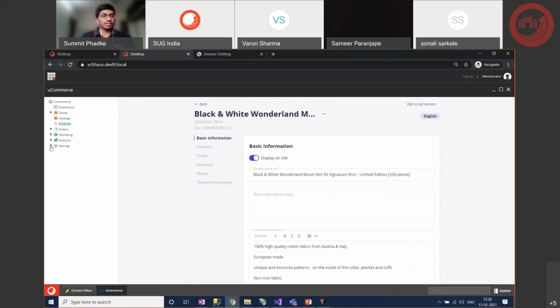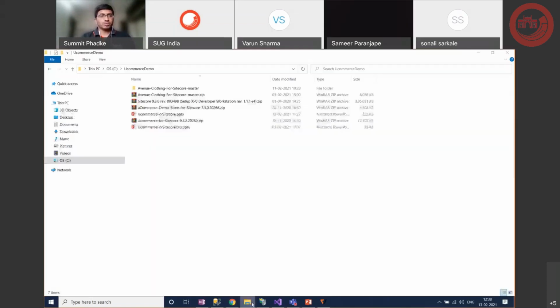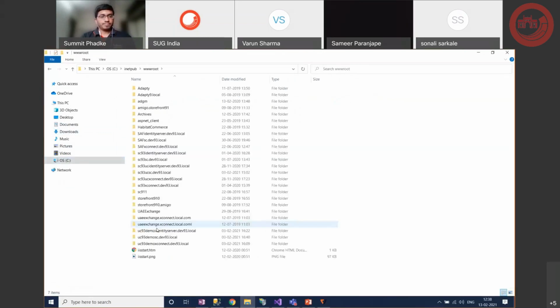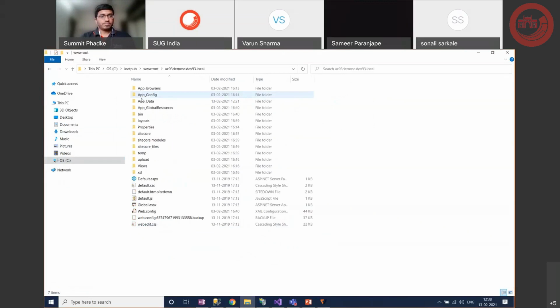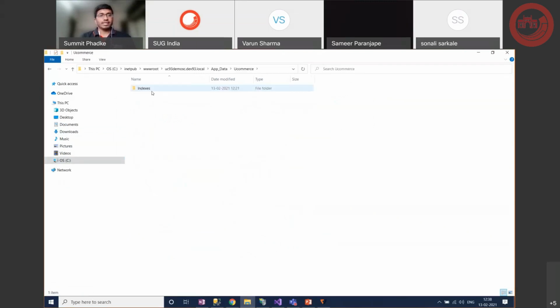Also in the settings, this is another important thing. Just before I go through the demo, by default UCommerce has Lucene search implemented. If you go through your code base as well, this is the UCommerce folder, and these are the indexes.